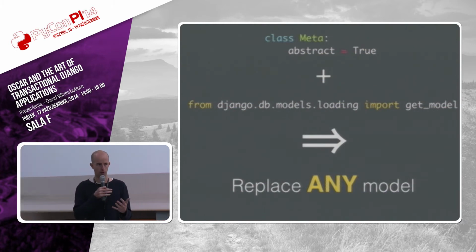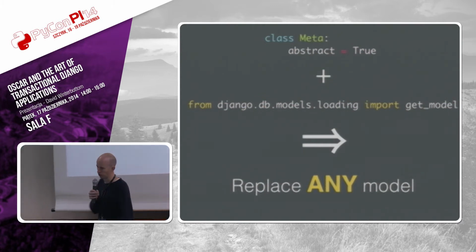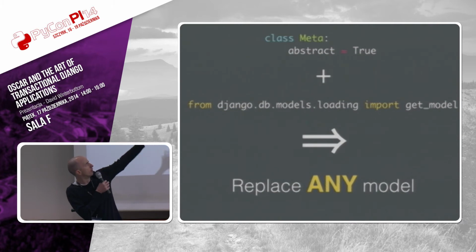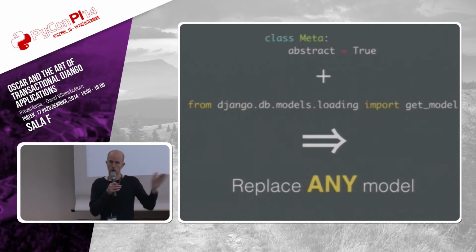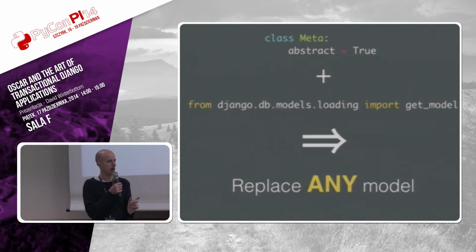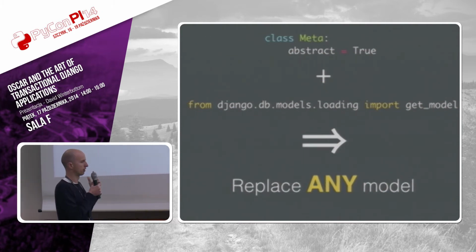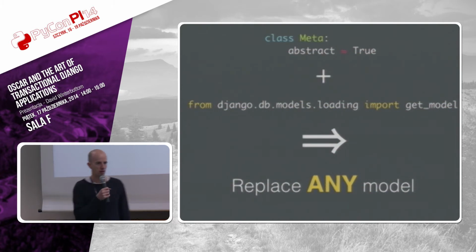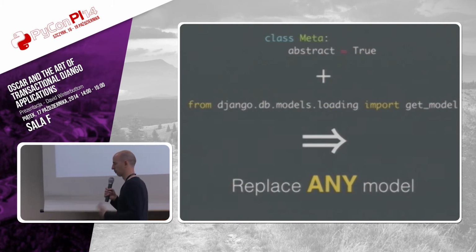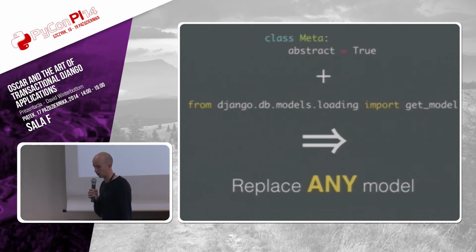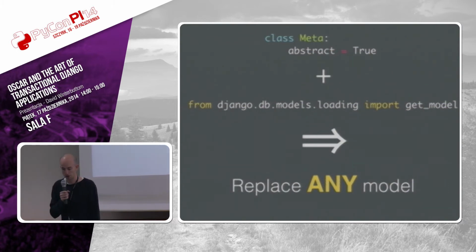You can add fields to it. You can override methods and make it do different things. And Oscar internally will use this get_model helper from Django itself, which walks through your installed apps and tries to find a match on the app label, and it will use that particular one. Through this technique, we dynamically load every single model, and that lets someone using Oscar change any of Oscar's core models, and it works really nicely.